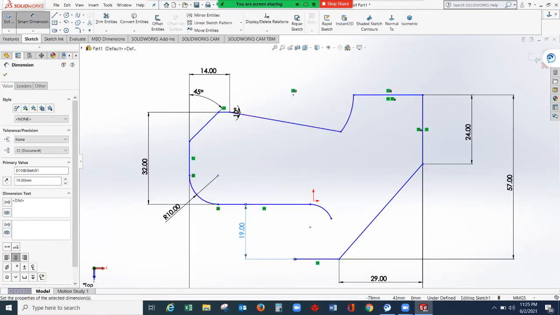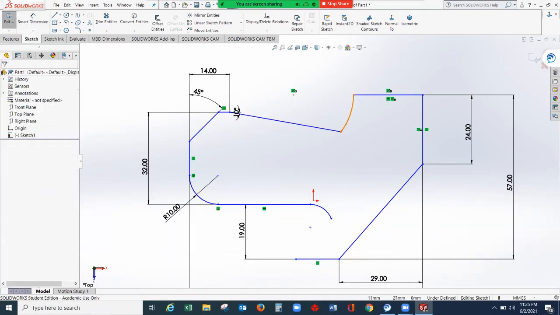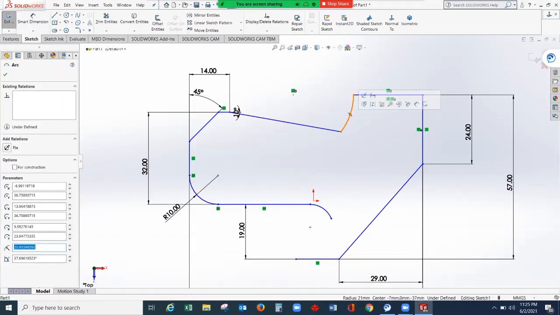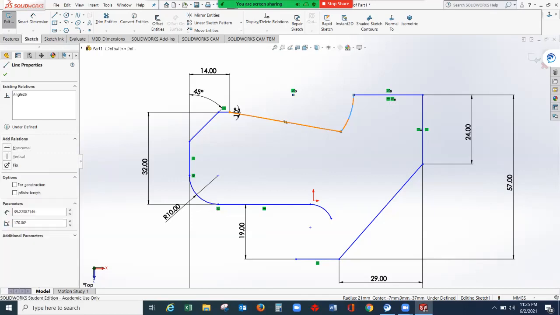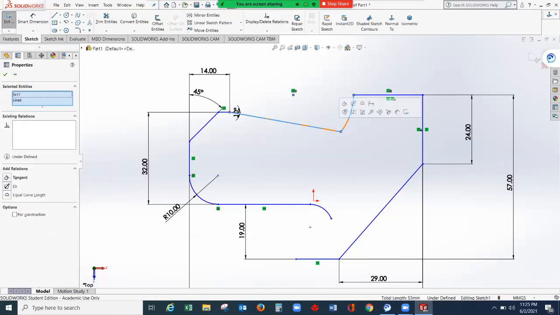So how to add some relation? Select this arc, shift and hold key on the keyboard, the shift key, hold it, select the other line and make it tangent. Okay, so this relation is tangent.